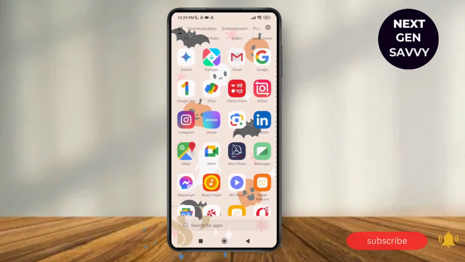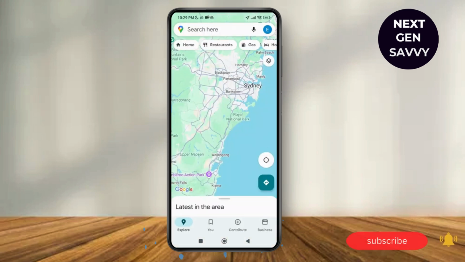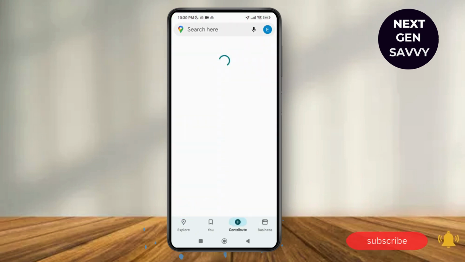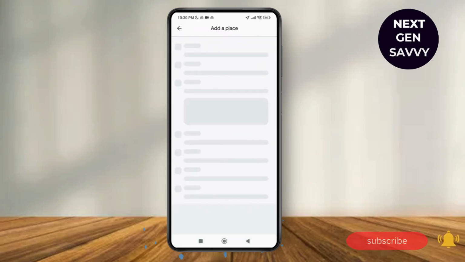Now in order to add a location on Google Maps, simply launch the Google Maps application and make sure you're logged into your account. Now here at the bottom you can see there are 4 different menus from Explore to You, Contribute and Business. So what you simply need to do is tap on Contribute. As you tap on Contribute, here you can see the option of Add Place. So just tap on Add Place, and as you tap on Add Place, you'll be able to land into a